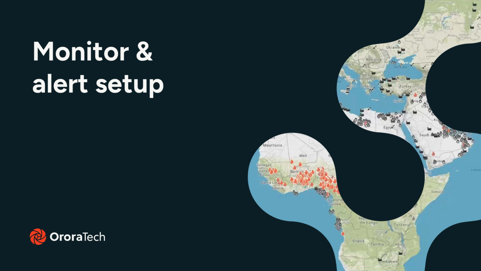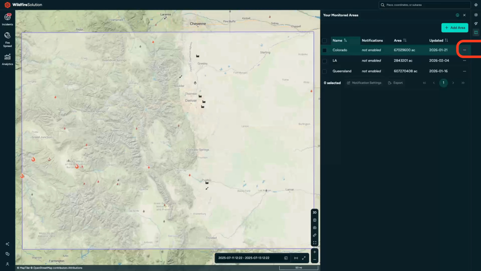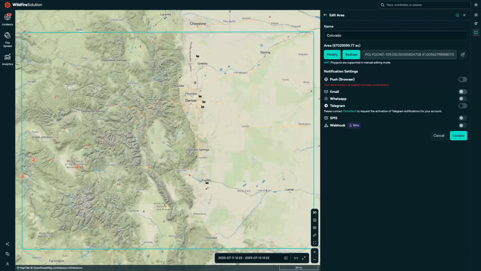Now, let's look at how the platform keeps you informed. As a user, you will have a designated monitored area or areas. These are the regions where you actively track fire activity. You'll receive alerts for new hotspots and changes in fire clusters or classifications, sent via email or any other channels